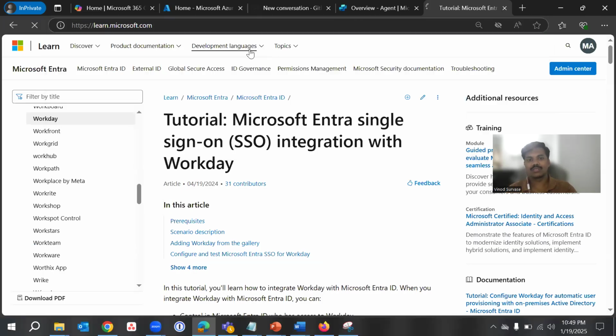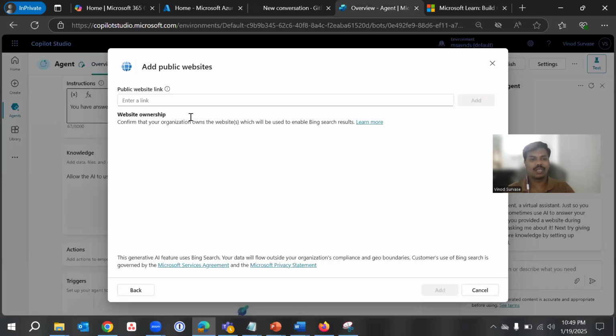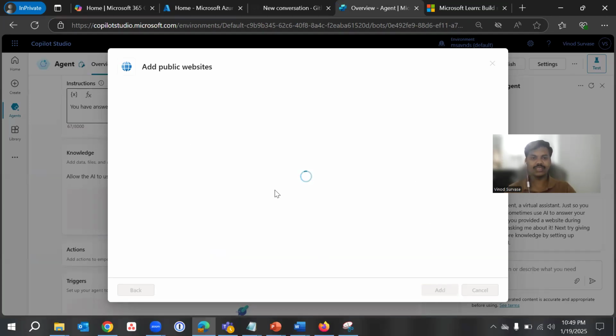So let's open it up. So this is the website that I wanted to use in this tool, and add it. Once it is added, I'm not the owner of this site, so I'm not going to add that, or check this box and add it. So now I have added a public website to this agent, and I can ask questions to the agent,